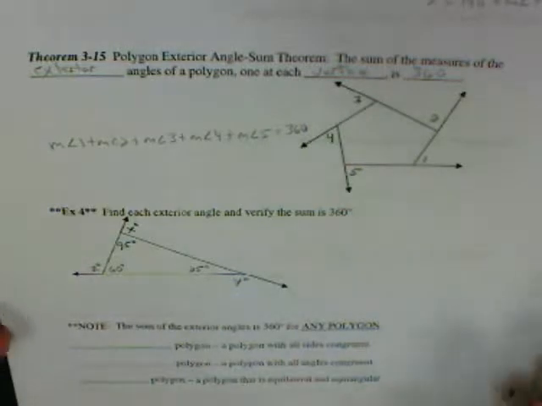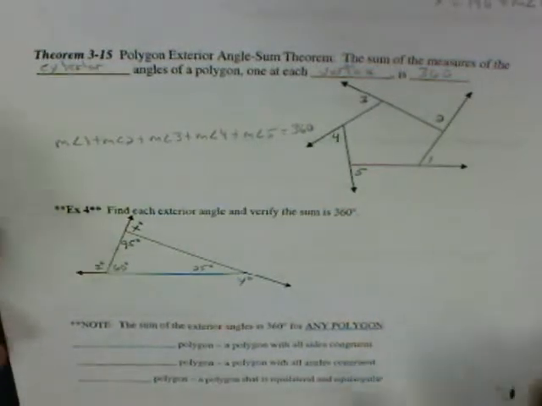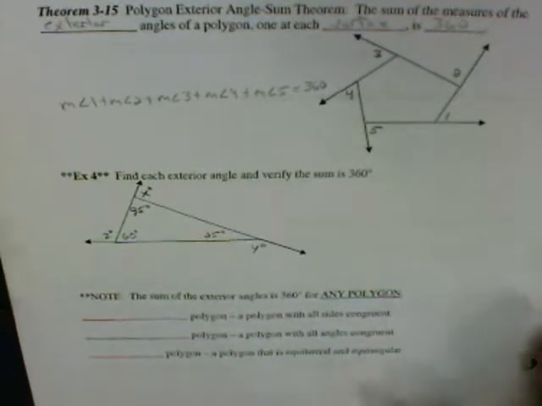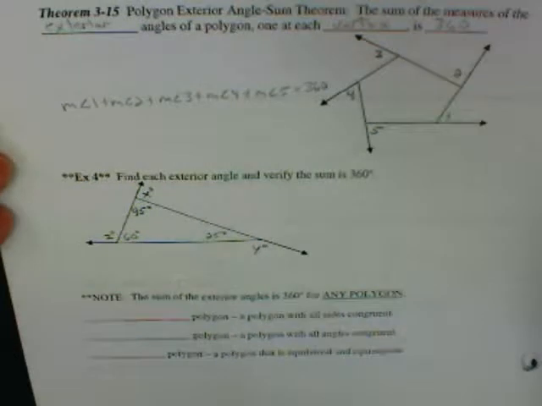So let's see that idea in action. We're going to verify it using a triangle. Pick the triangle because there's only 3 sides and only 3 vertices, which means there's only going to be 3 exterior angles. So it'll be the quickest way to